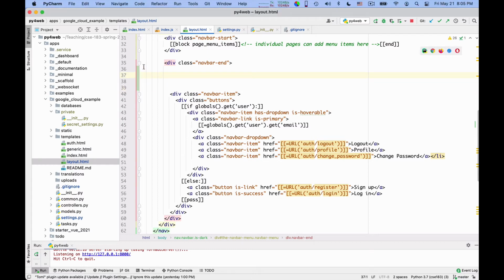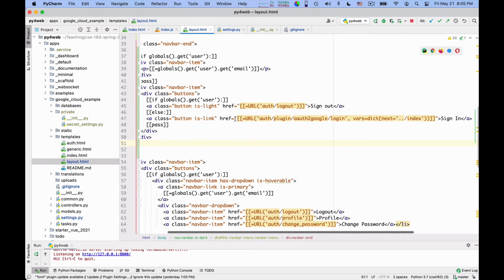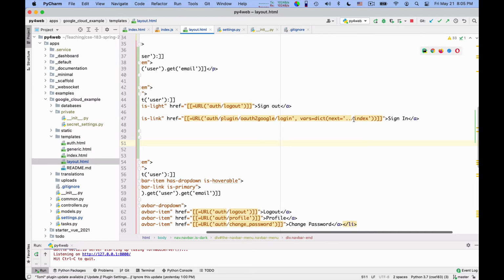What I have is something like this: if the user is logged in, if globals get user, I will display the email of the user. Then I have these buttons always. If the user is logged in, there will be a button to log out, and if the user is not logged in, there will be a button to log in that I call sign in.